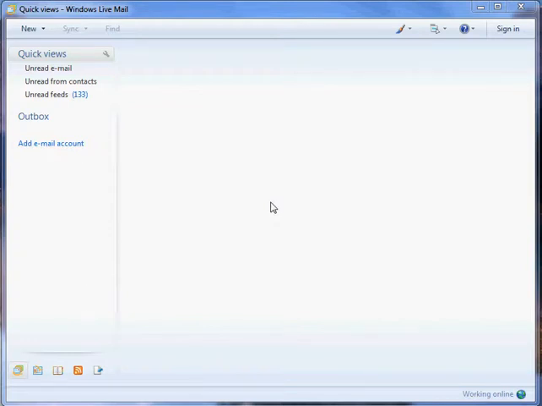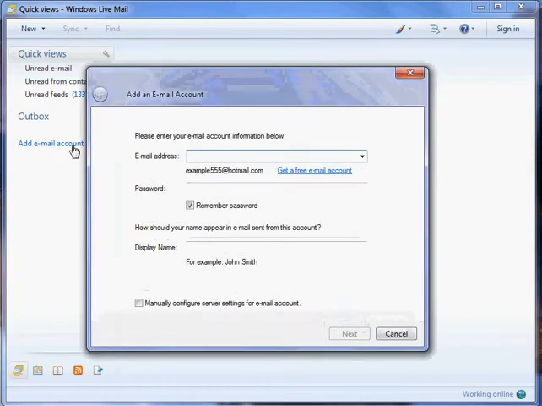In this tutorial, we're going to configure a Hover email address in Windows Live Mail using IMAP. As you can see, I already have Windows Live Mail open on my screen, and the first thing we need to do is click on Add Email Account. This will open up the Add an Email Account wizard, and I'm going to right away put a check mark